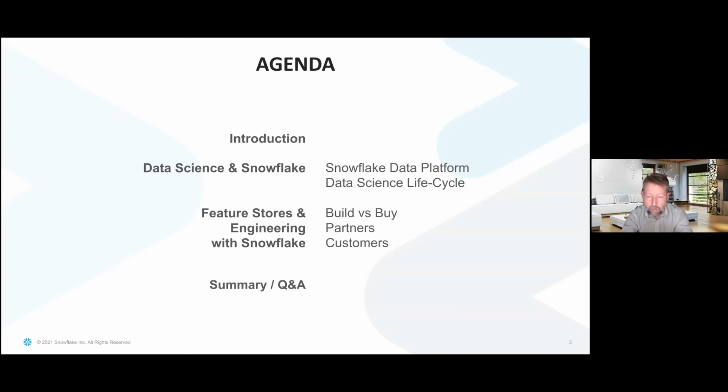I'll talk a little bit about some of the customers that are doing this, but we've got a lot of customers using Snowflake, over 5,000, and a lot of those use Snowflake specifically in part of their data science lifecycle. And then hopefully we'll have enough space at the end for Q&A.